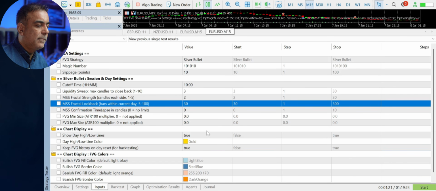Let's look at the settings tab. So we have our strategy as silver bullet, cutoff time 10, but liquidity sweep we have added, the maximum number of candles within which the price must come back, fractal strength as 2 candles to the right and 2 candles to the left in order to identify the most recent high or low, how many candles to look back as 30, how many candles do we allow for the MSS confirmation to happen, default is 0, and then the FVG minimum size and the FVG maximum size based on ATR, 100 multiplier, and 0 means not applied. And then at the bottom, the user has the ability to select the colors for the bullish and the bearish